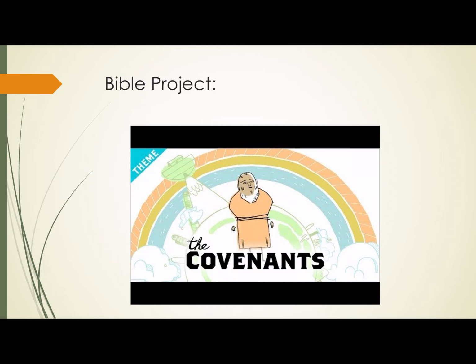What they do is that they take a particular animal of their choice, being a cow or whatever it may be, a horse. Hopefully it's not a horse, but more likely it was a cow or some sort of livestock that was healthy. And they would take it, slaughter it, kill it, and then cut it in half. And so the carcass of the cow would lie open, and one party, the smaller king, will walk through, saying, quoting this, "If I break my covenant, may what happened to this cow happen to me."